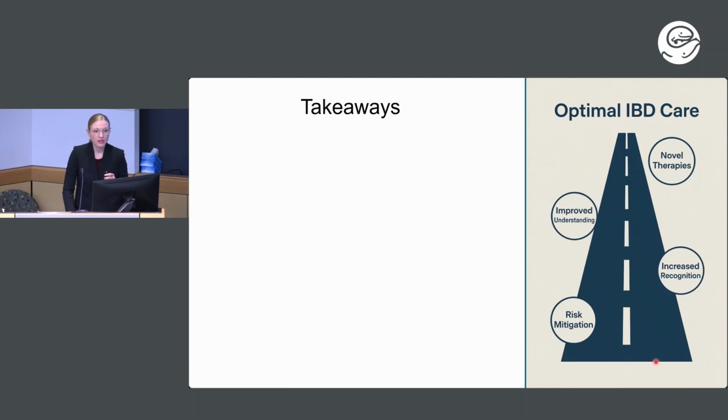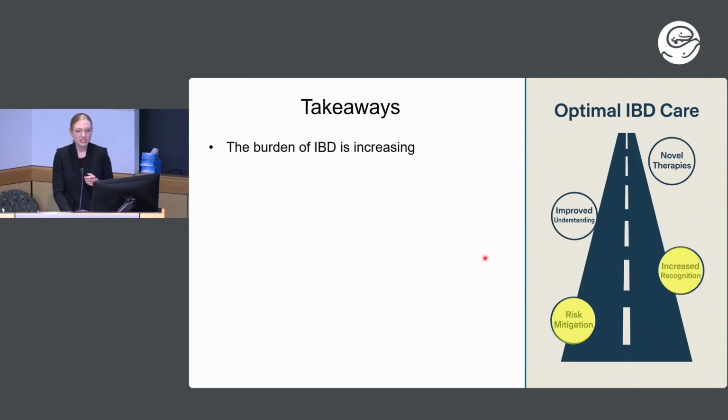So I hope that you have come away from this knowing a few things that will help us all get towards a common goal of better IBD care. So in this roadmap of how we can move to more optimal IBD care, the first two milestones really fall on the general pediatrician to address. So to help mitigate the risk of IBD, it's important for us all to recognize that the burden of IBD is increasing. Globally, nationally, adult IBD, pediatric IBD, it's increasing. I hope I've convinced you of this today.